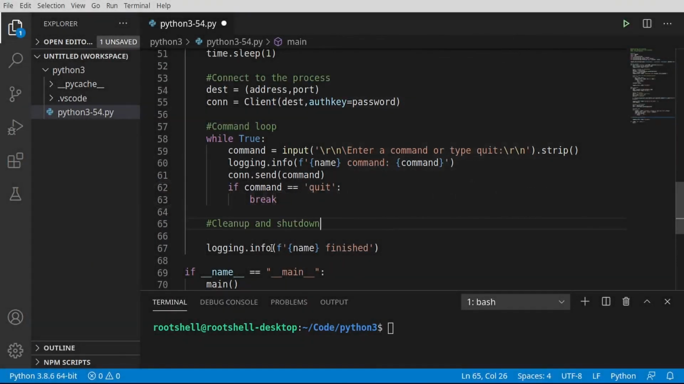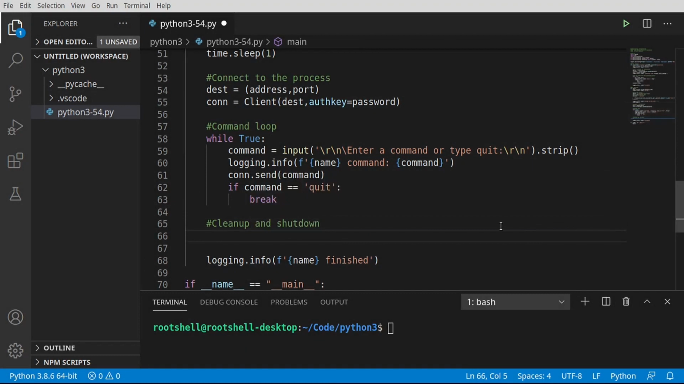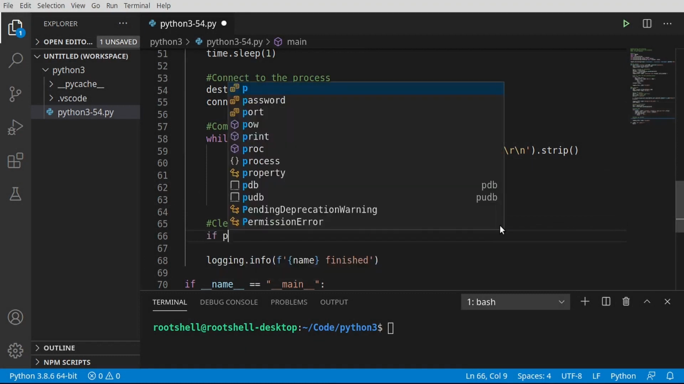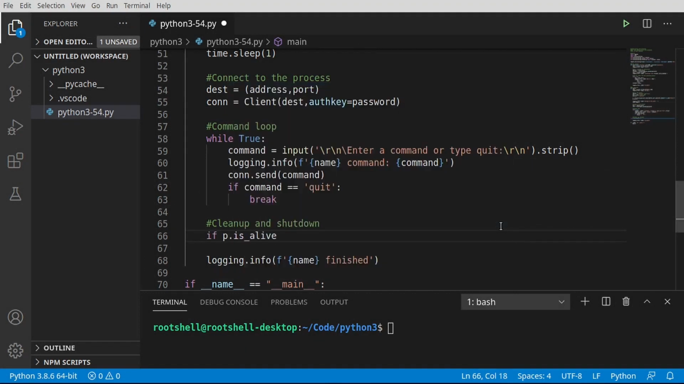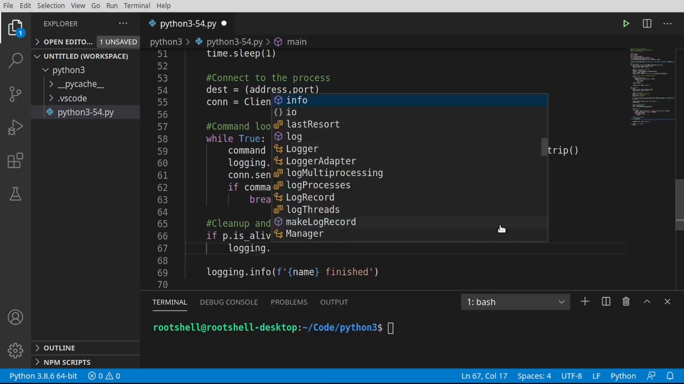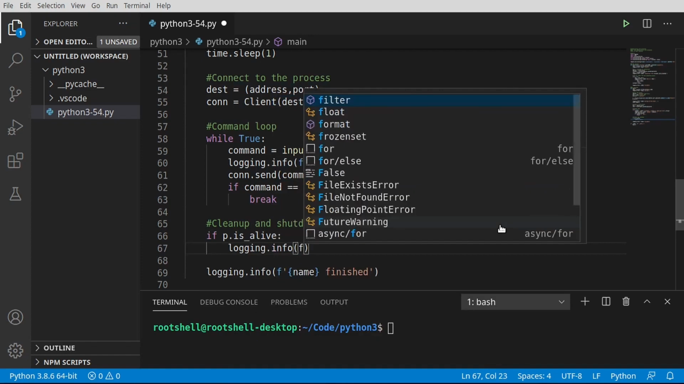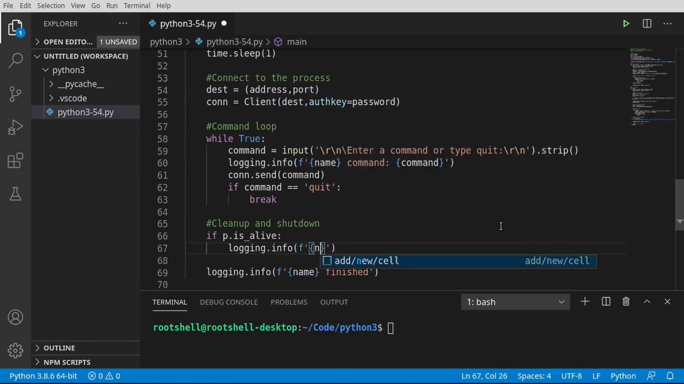All right, last step, we are going to clean up and shut down. And this is, well, dead simple. So I'm going to say if the process is alive, then I want to try to gracefully terminate that. So we're going to say logging.info, and I want to say name terminating